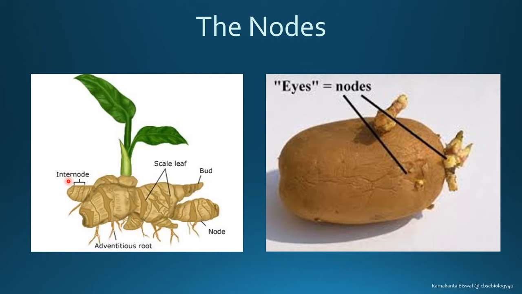You have learned in class 11 that the nodes are responsible for giving rise to the new branches. So similarly here, when we are talking about the vegetative propagules, we are actually talking about nothing but the nodes, when we talk about the places from which new organisms are arising. So here you can see this is the place where you have the nodes. These are the scaly leaves, these are the nodes area, and from these nodes you are going to have the new bud that is going to appear. Similarly here also, the eyes of the potato tuber are nothing but the nodes of the modified stem.